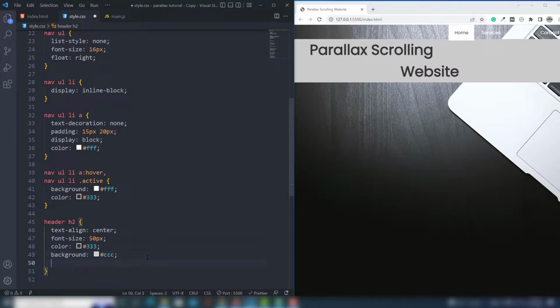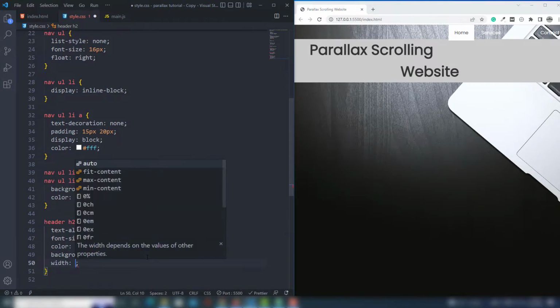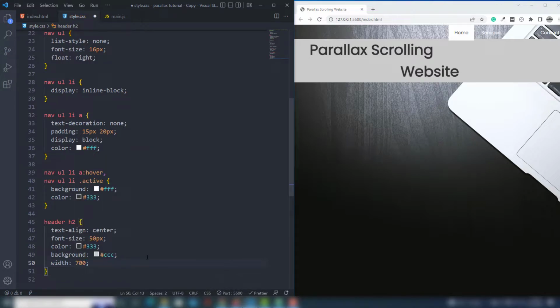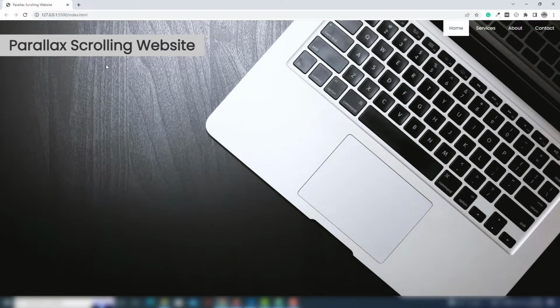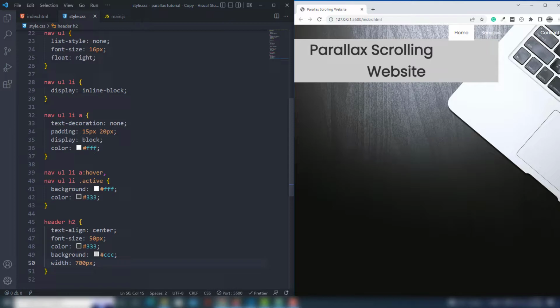What does this mean? I'm going to show you. I'm going to assign the width 700 pixel. It only covers the text, right? It's not covering the complete page. Then